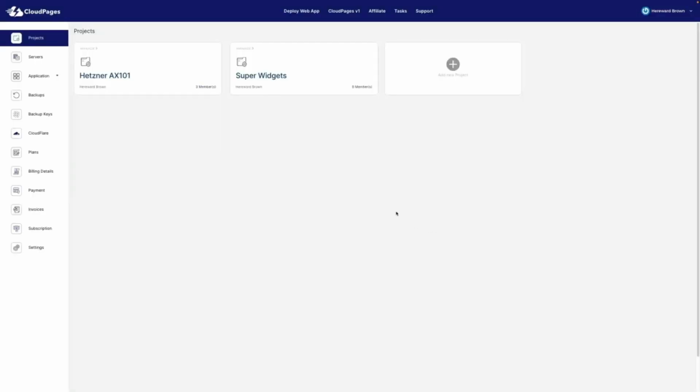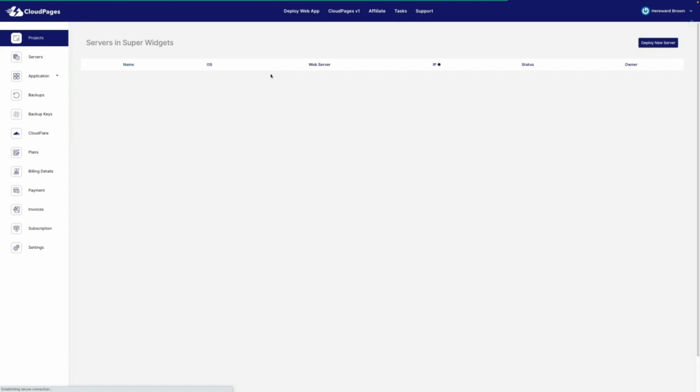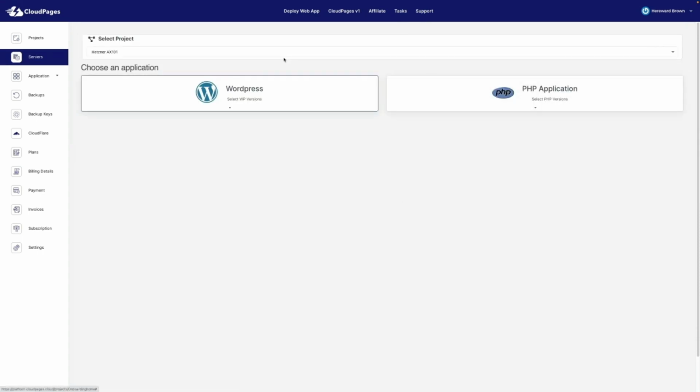So here we are, we have our new project, and we now need to create a server inside this project. So we click on the project, and you can see that there are no servers inside the project Super Widgets. So what we're going to do is go over here and deploy a new server. We're going to make sure that we are in the Super Widgets project,